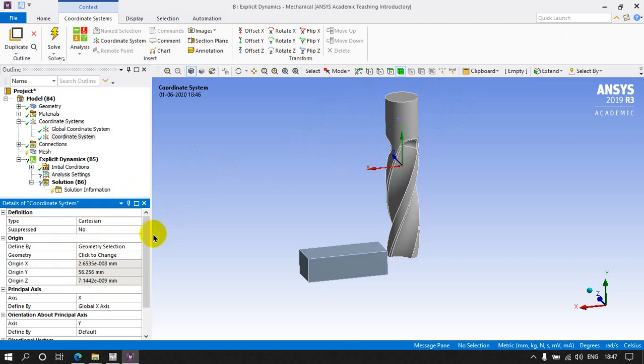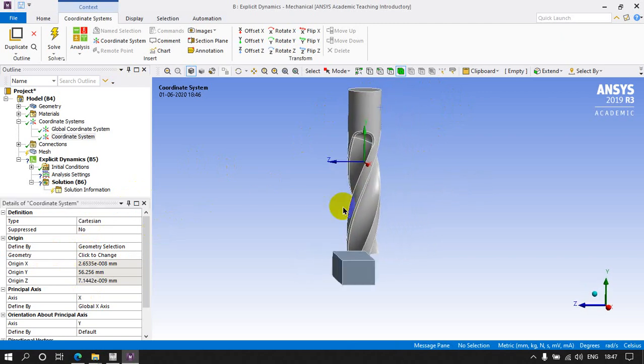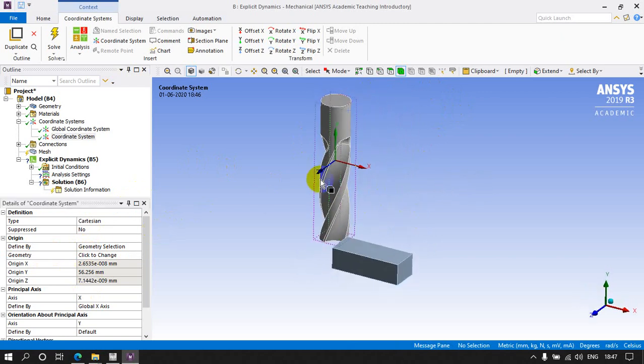Now it is moving up and down, but I want to revolve it, so that's why I'm going to change the type to cylindrical. Now we can see it is a rotation angle type. So instead of going forward and backward, we can see angle and rotation type. So it is coming in the upward direction.